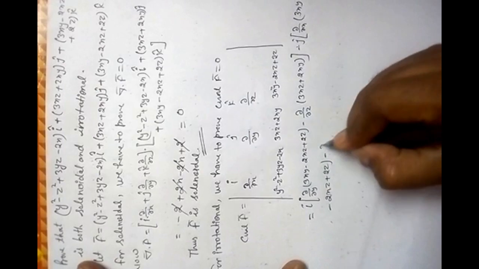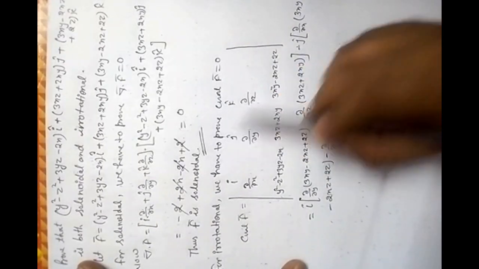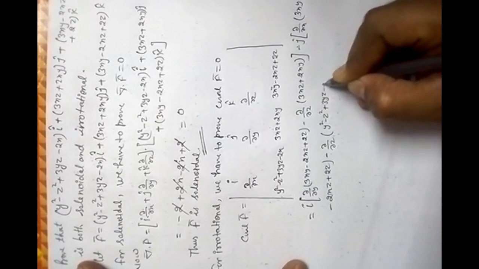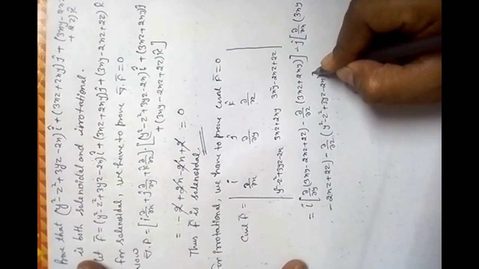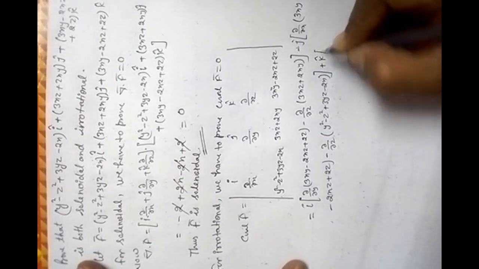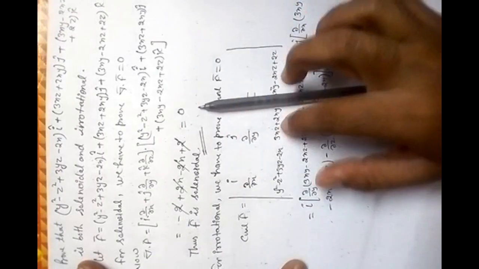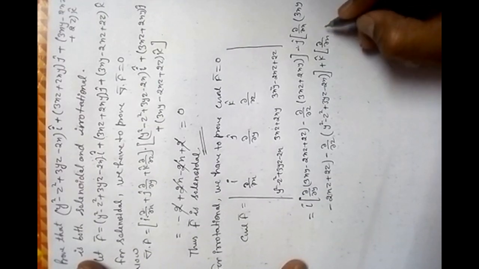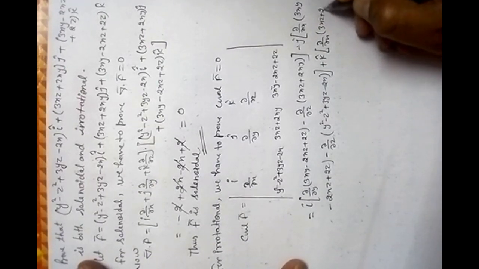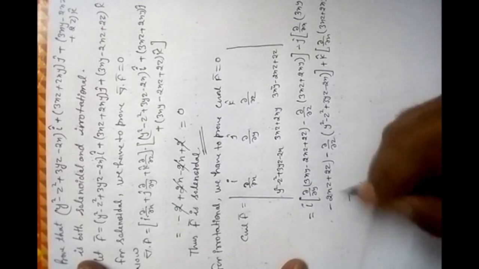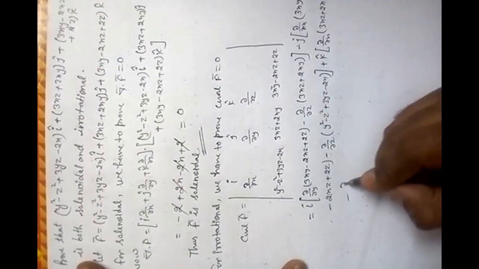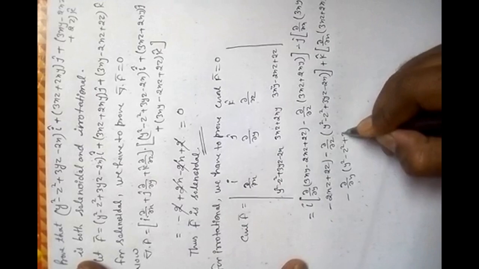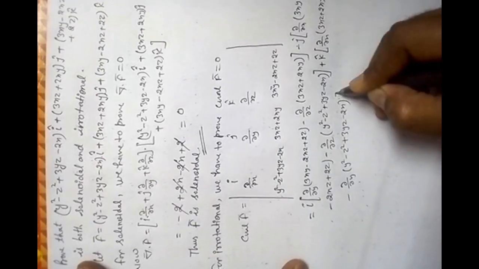minus del y del z and y square minus z square plus 3yz minus 2x, plus k means this one, del y del x into this term, del y del x into 3xz plus 2xy minus del y, y square minus z square plus 3yz minus 2x. Okay,